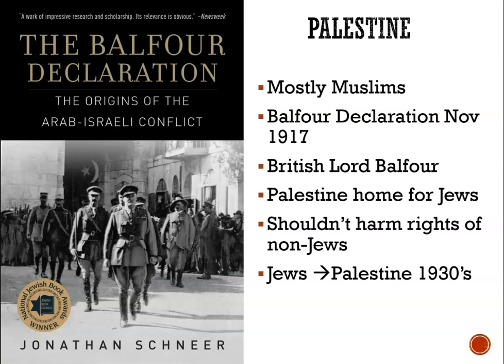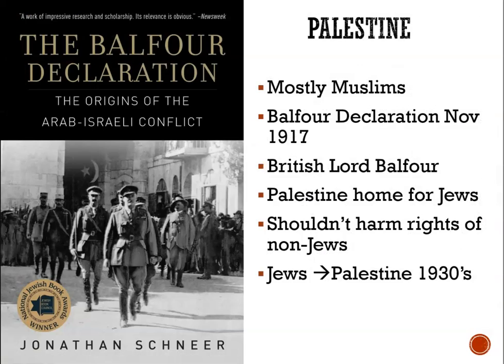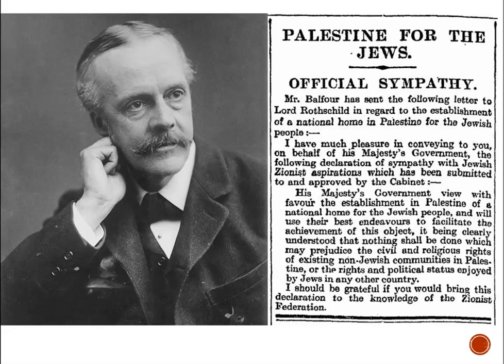And of course, this sets up a lot of the problems that have been in this area and still are in this area today. So here is a picture of Lord Balfour, and you can read it there. He sent the following letter to Lord Rothschild. He was a wealthy and influential Jew in England, and in regard to an establishment of a national home in Palestine for Jewish people. And then he says the following: I have much pleasure in conveying to you, on behalf